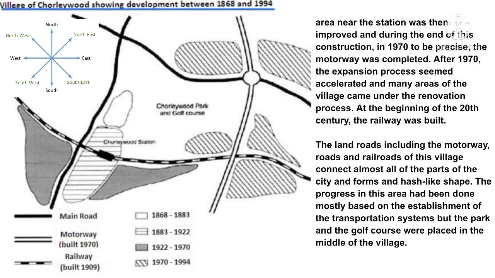and some development works were finished. The area near the station was then improved and during the end of this construction, in 1970 to be precise, the motorway was completed. After 1970, the expansion process seemed accelerated and many areas of the village came under the renovation process. At the beginning of the 20th century, the railway was built. The land roads including the motorway, roads, and railroads of this village connect almost all of the parts of the city and form a hash-like shape. The progress in this area had been done mostly based on the establishment of the transportation systems but the park and the golf course